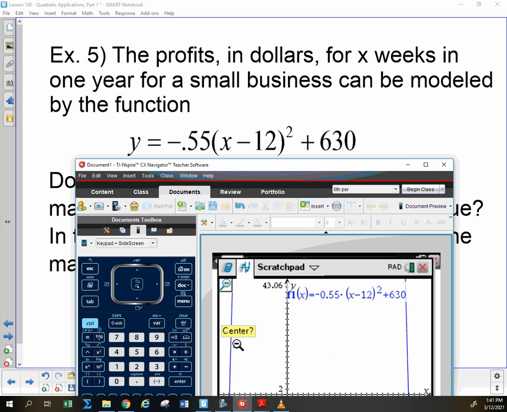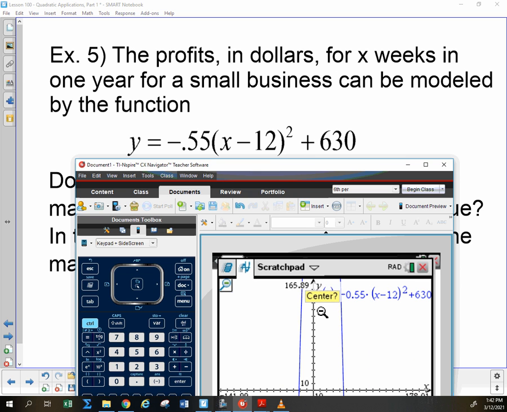It looks like maybe here's one side and here's the other side. Looks like maybe those are starting to tilt in a little bit as I go up. Oh yeah, that would make sense. There's a negative out in front of the parentheses, so I'm kind of thinking that it's going to open down. But let's keep zooming out for a while longer. And so now what I'm getting